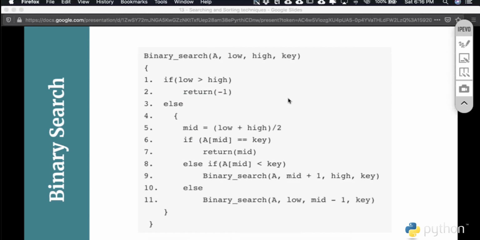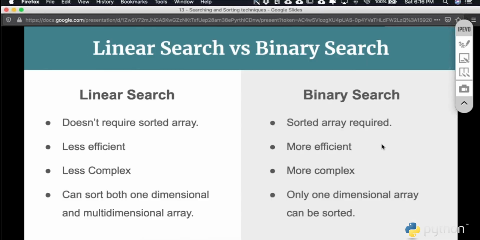And now with the discussion of binary search, one thing is clear, that we need a sorted data to make searching efficient. So let's talk about some searching techniques. And this is a small comparison. This has already been done. You can keep it. Linear search does not require a sorted list. Binary search requires a sorted list. Linear search is less efficient, as we have seen. For 100 elements, it requires 100 milliseconds. For 100 elements, binary search requires only 8 seconds. So we call it more efficient.